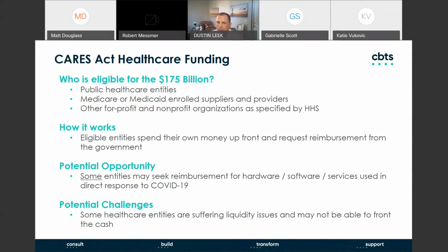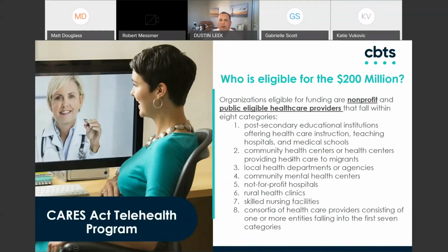So the next slide here lays out the 200 million in telehealth. I see more of our customers leveraging this component of it, and I think it's a little bit easier for most people to leverage than the 175. So when we look at who's eligible,